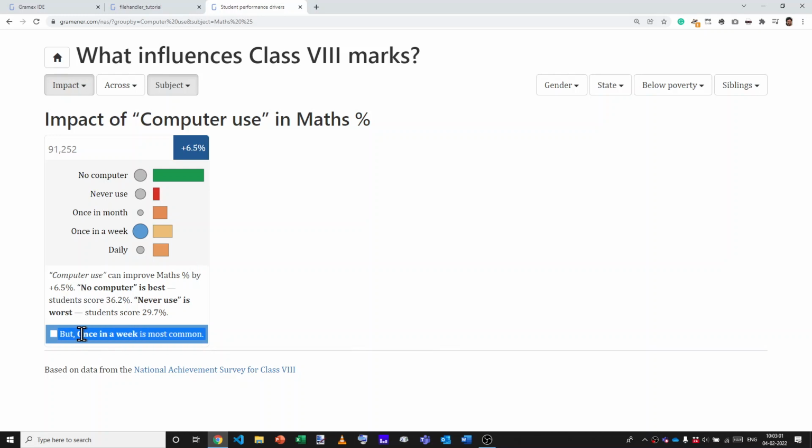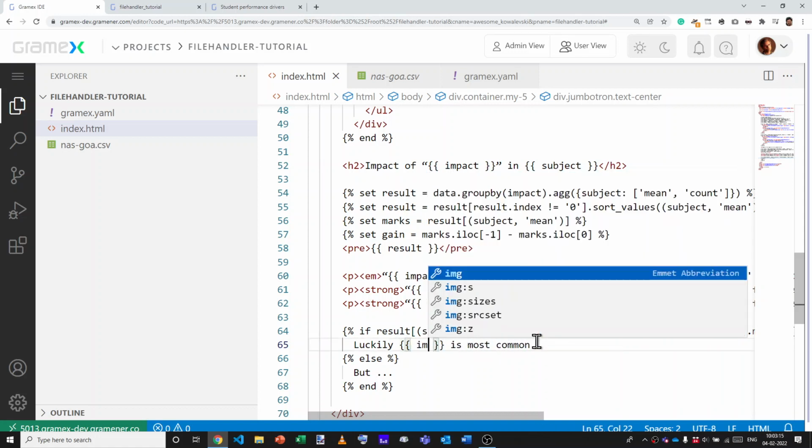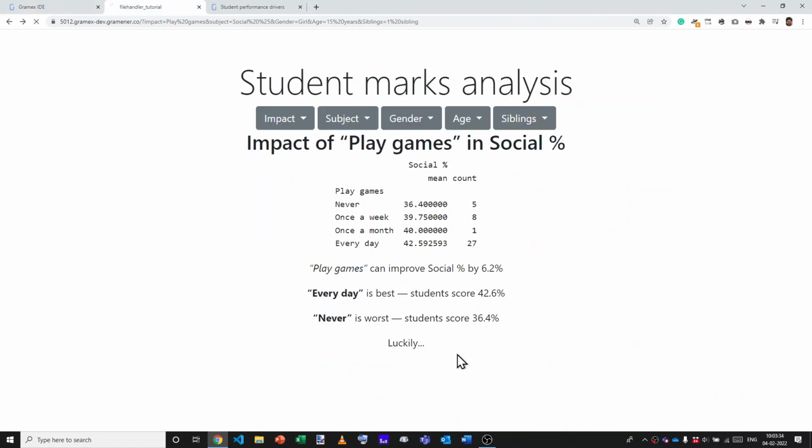Let's make sure that we put in the rest of the content. Something else is the most common. So this was for but it's all the same. So what we want here is whatever is the behavior, the impact. Oh, sorry, no, not the impact. We want marks.index of -1. So that is the label. The most common label is the most common. And same here without the comma. So now we get,